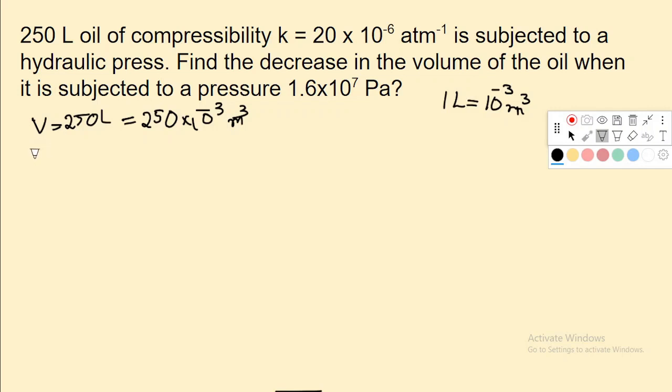So the compressibility and the bulk modulus is related by B is equal to 1 by K. Here we are also given it in atmospheric pressure, so that also we should convert. That is 1 by K, that is 1 by 20 into 10 raised to negative 6 atmosphere, that is equal to,